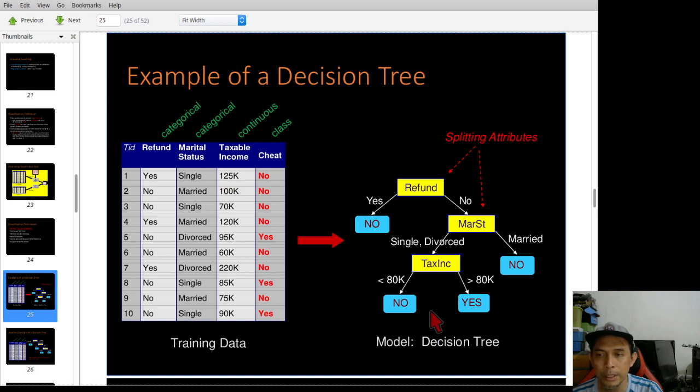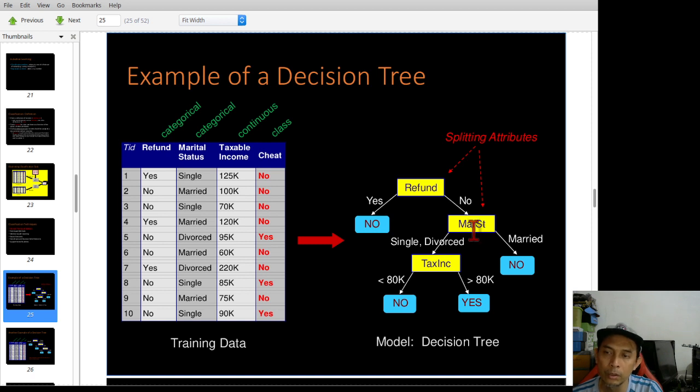Now, if you apply decision tree, you can come up with this decision tree. For example, here you start with refund. From refund, you split into 2, yes and no. Yes, go to the left. No, go to the right. Now, the second one, you have marital status as the splitting attribute.